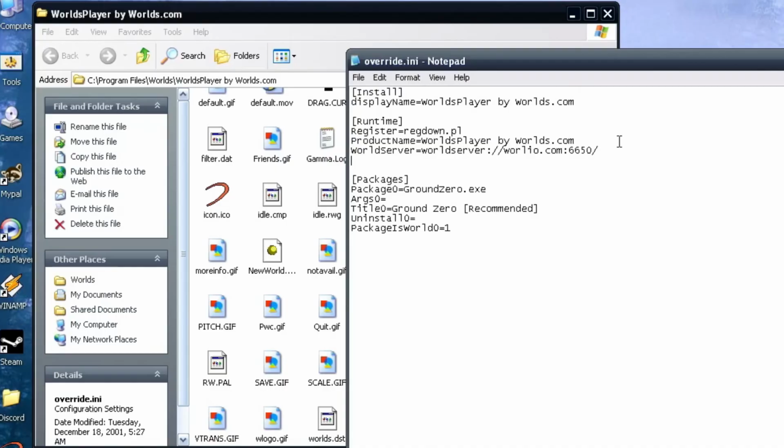We're also going to want to add upgrade server equals http, do not add the s. That is very important. It cannot have https. It has to be http://files.worlio.com/3d